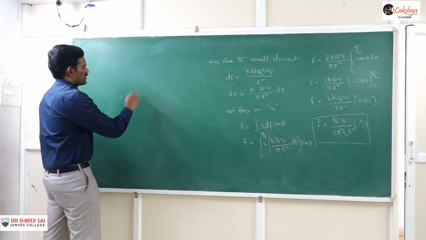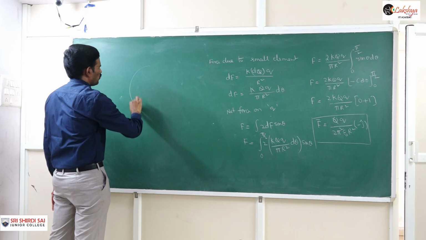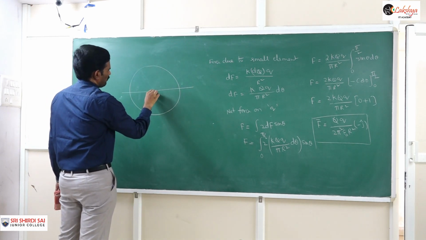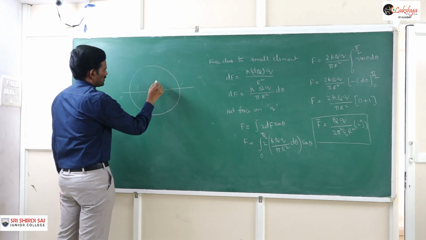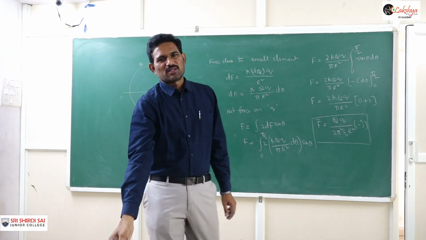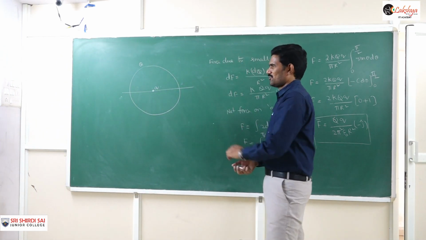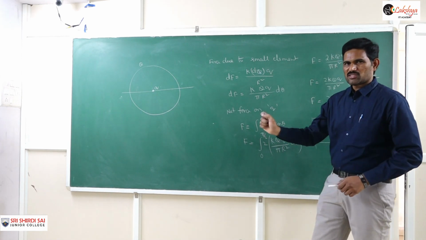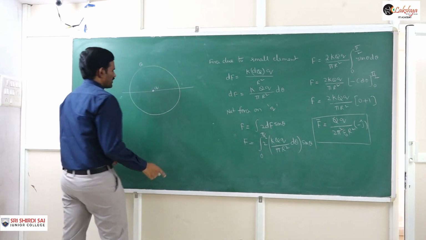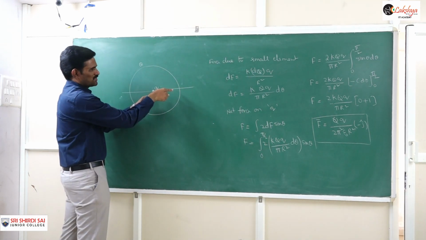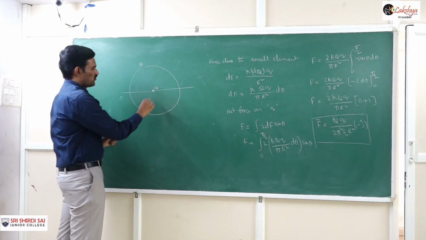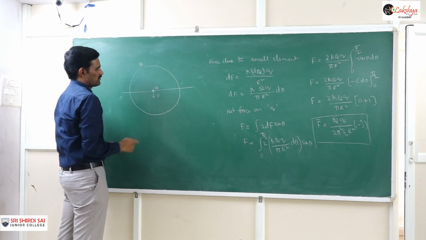Now here, suppose we calculated only for this semicircle. Now suppose a complete circle is given and a charge q is placed at the center. If I ask what is the force acting on that point charge due to this complete circle, you can answer it simply: due to this semicircle, we can apply this formula. If this is also positive charge, due to this semicircle, that force will be say F in downward direction.